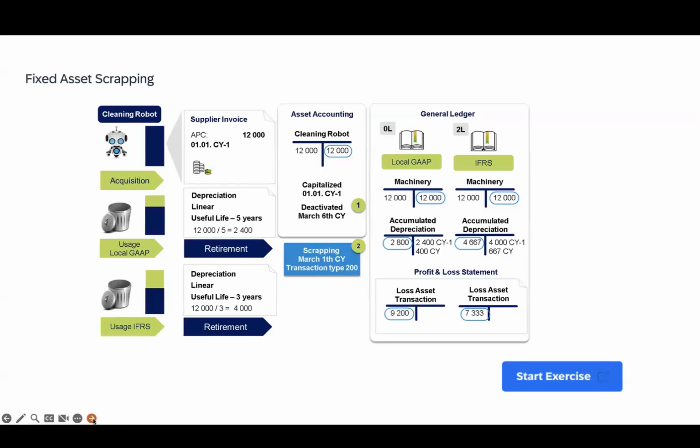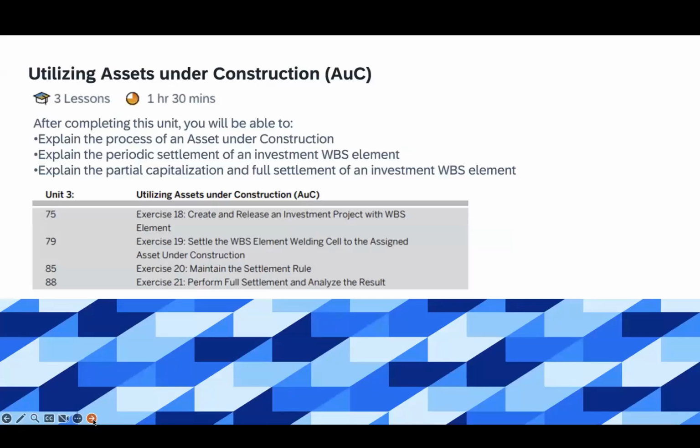Fixed asset scrapping. Exercise to work through there. You can see the different effects in different ledgers because they've got different values. Now, if that was a scrapping with revenue, what you could actually see is different accounts being posted to. I think I've talked about that earlier on. I think this is getting fairly close to our final topic,